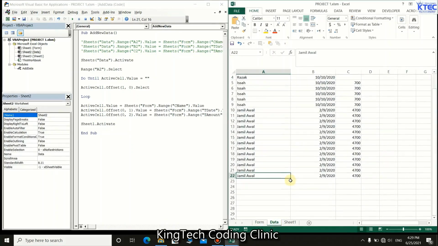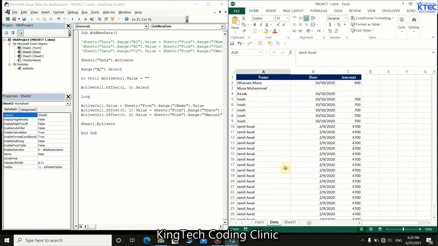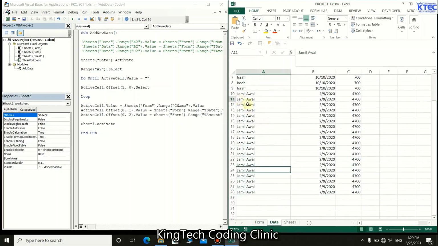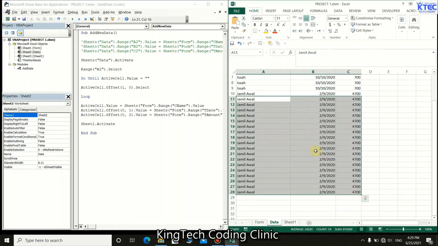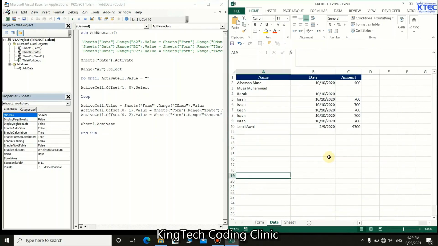So let's check. You see that it's submitting the same thing. The more I click, the more it's submitted. So we go back and we see that it's still submitting. Perfect. But we don't want it like that. Okay, let's just clear that, so that we have clear content perfectly. Okay. Now